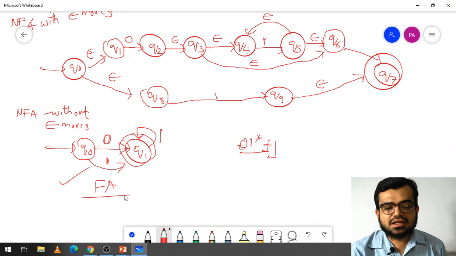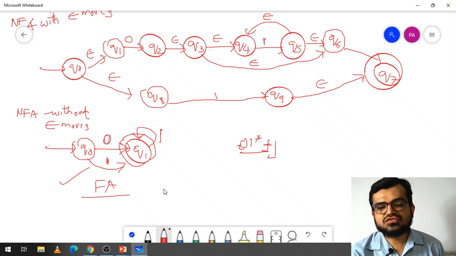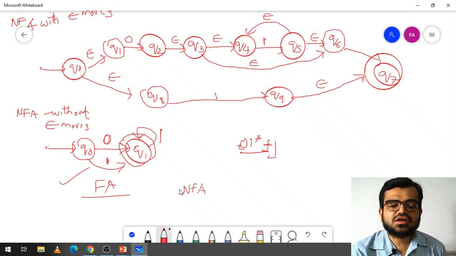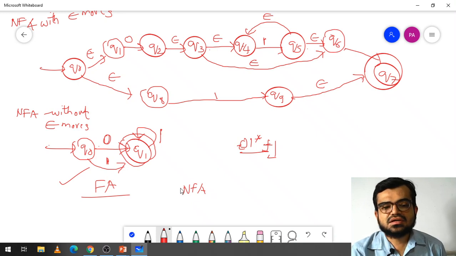Now the third step is, if you got an NFA here, you need to convert that NFA into a DFA, okay.